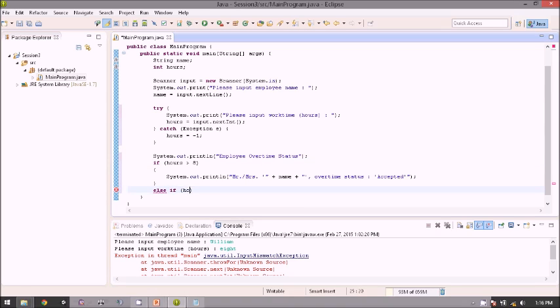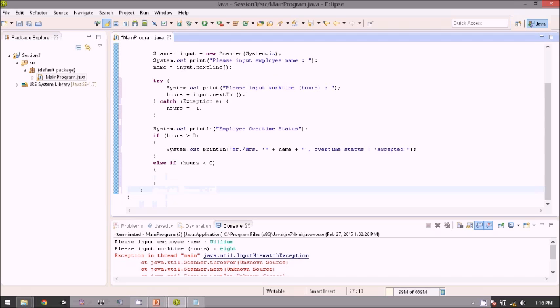But if the hours is less than 0, that means the hours is negative, we will output the status as invalid work time. So we just type in here Mr. or Mrs. single quotes. It's the same as in the hours, but the difference, we just change the overtime status in here, invalid work time.